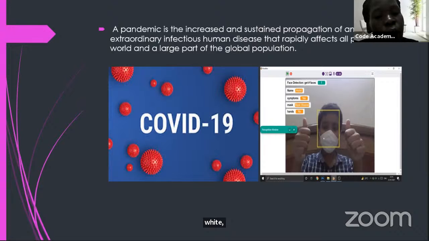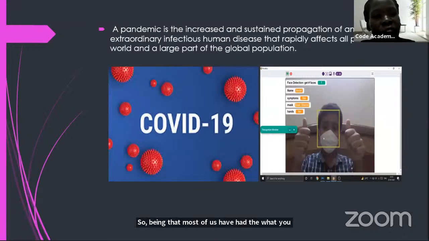That's why COVID-19 came to be called a pandemic. Not every disease, you can't say cancer is a pandemic, but there's a reason why COVID-19 is a pandemic.